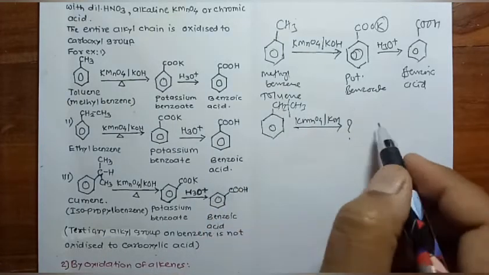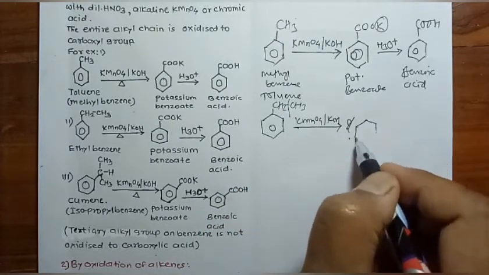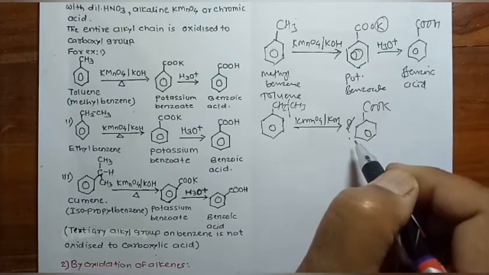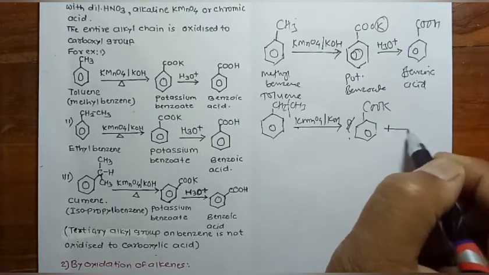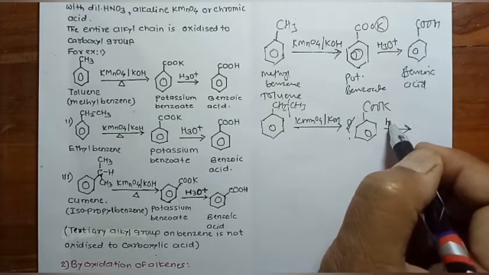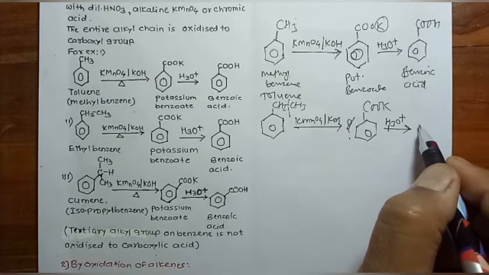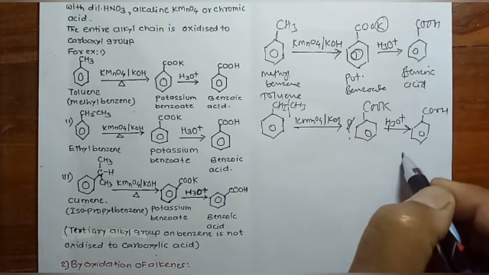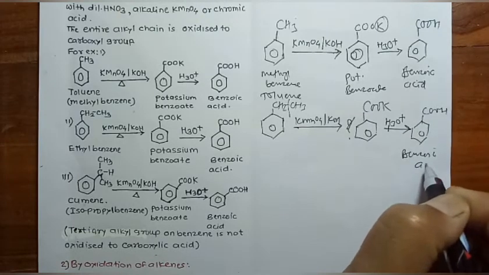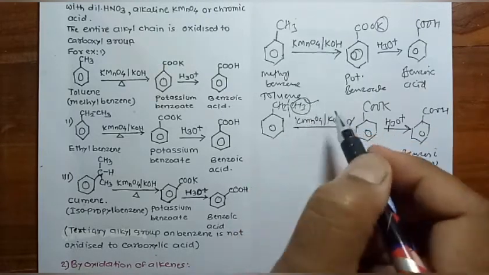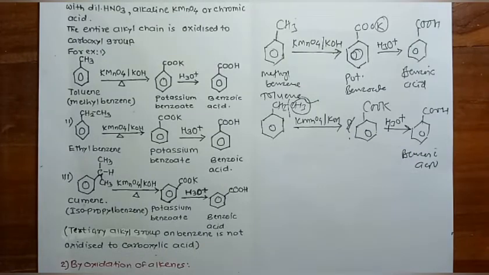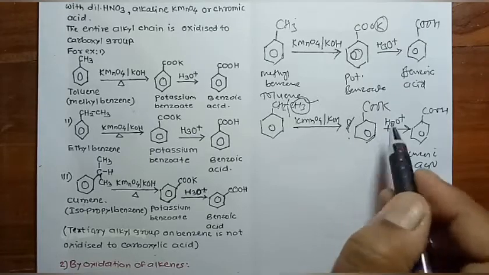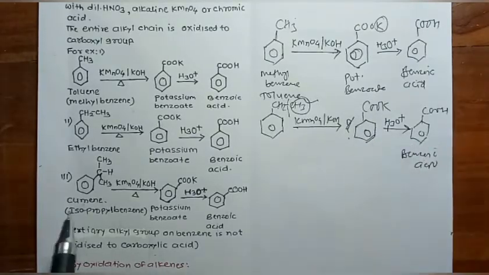This carbon is to be converted into benzoic acid like this, C6H5. First of all, it is to be converted into the salt of the acid, COOK, plus, again now this on acid hydrolysis gives benzoic acid, COOH. It is benzoic acid. Now this CH3 group is to be converted into formic acid, but there is no need to write the other product or byproduct. Here we can write the reactions like this.